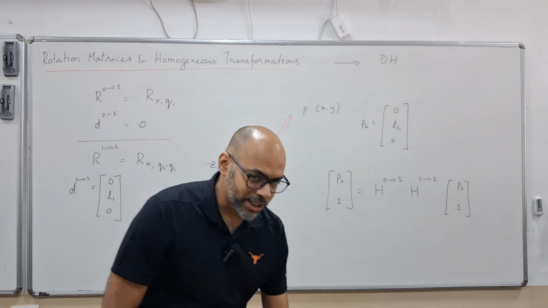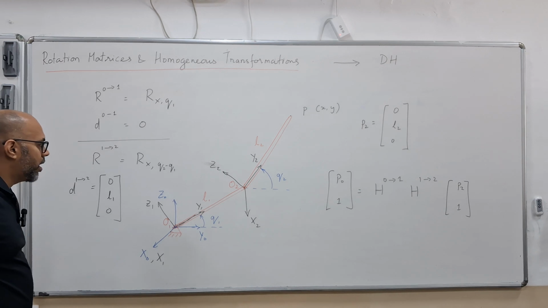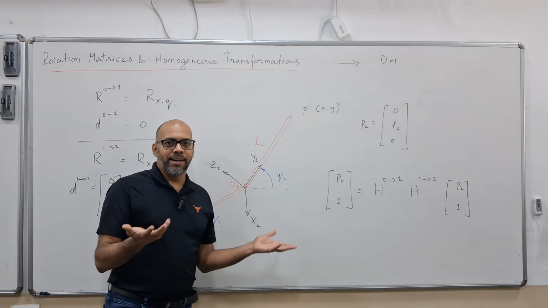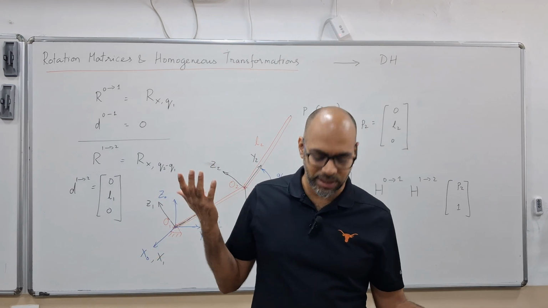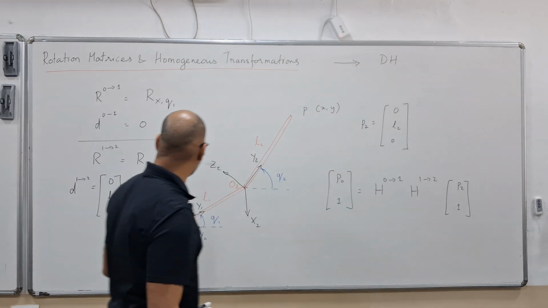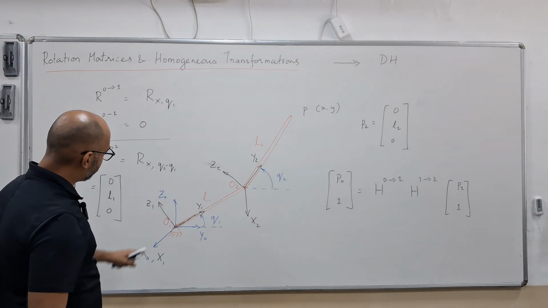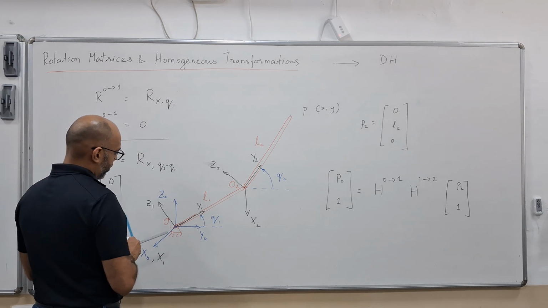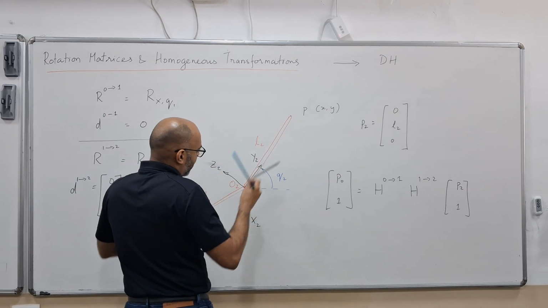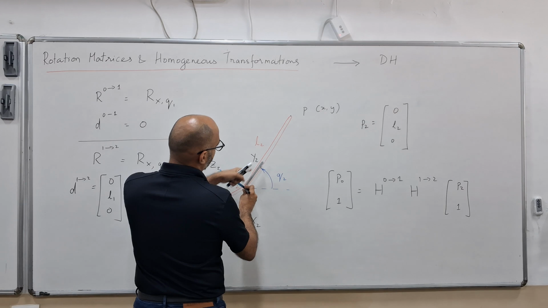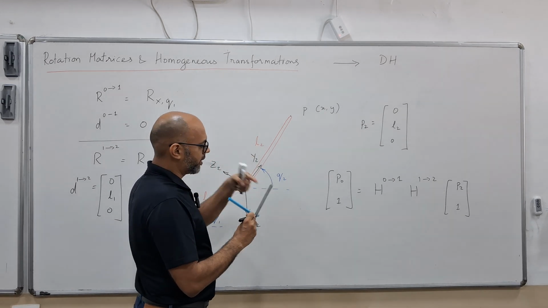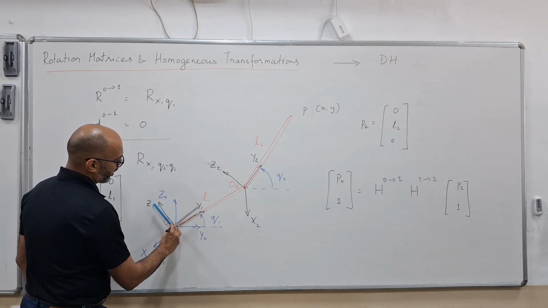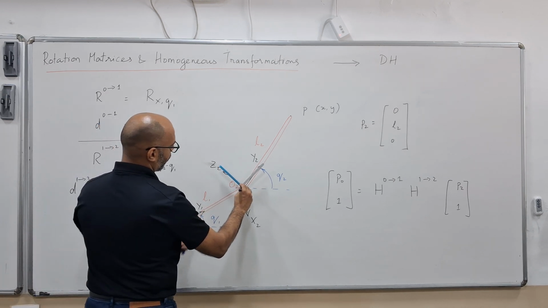Now let's look at just one or two more things here. This is simply how we chose to do it. Another user could have decided that, you know, 0 frame is okay, 1 frame is okay, but in 2 frame, for whatever reason, they thought maybe it's not a good idea to align the link with the y direction. So from the 1 frame they said, okay, what if I do a translation along y,